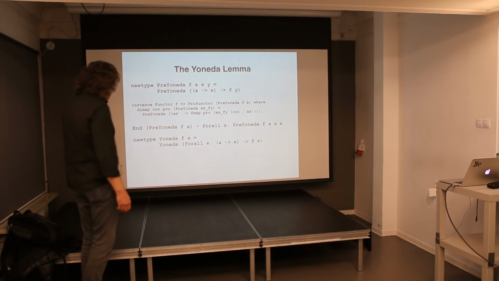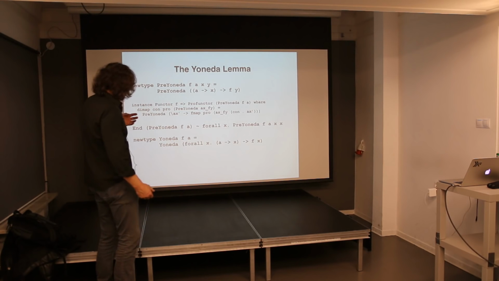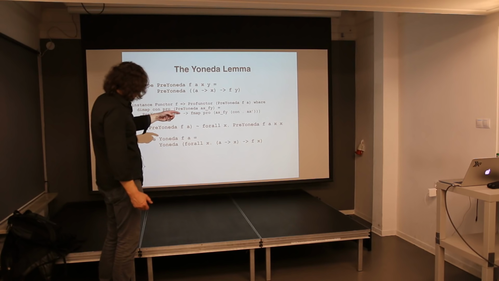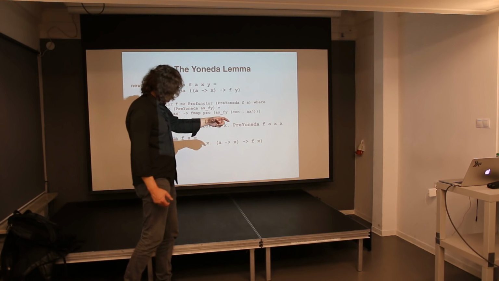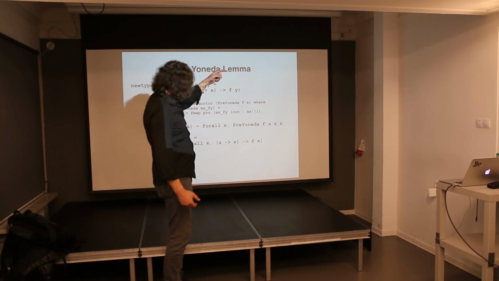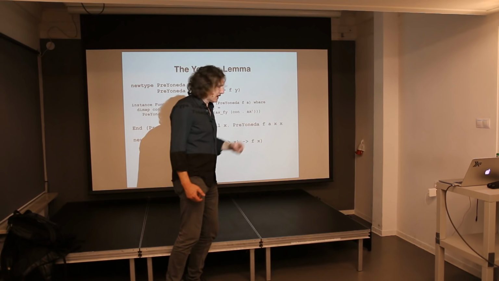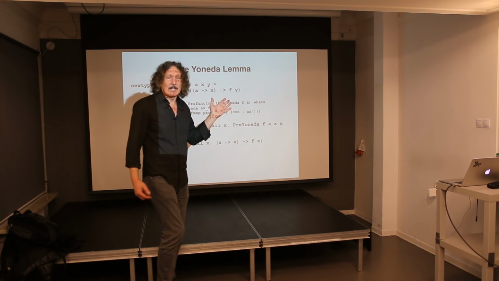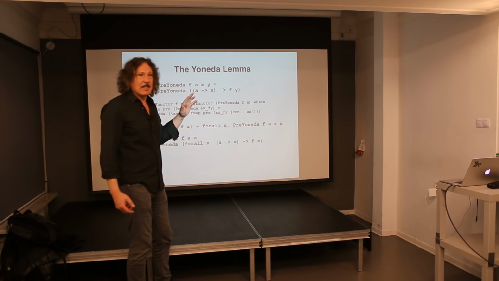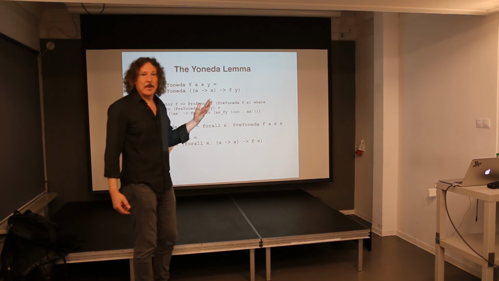So the final result, I mean, this is all isomorphic, right? So the final result is Yoneda of fa is, for all x, and I'm just plugging this in, a function from a to x and fx. Now, this is the left-hand side of the Yoneda lemma. The Yoneda lemma says, take all natural transformations,